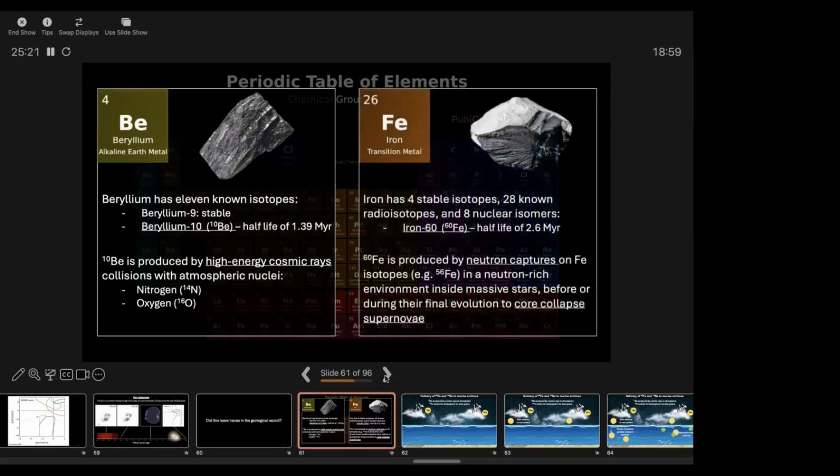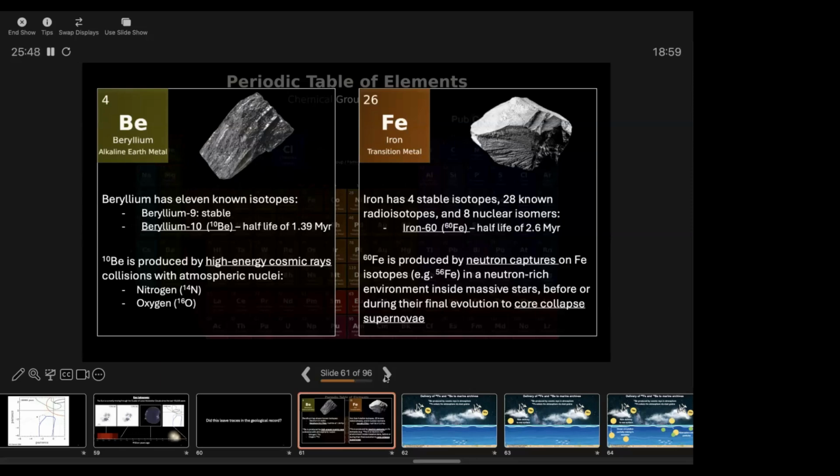And then another element is iron, and in particular, iron-60. So iron-60, why is it important for us? Because it is heavily produced in supernova explosions. So iron-60 again has a half-life of 2.6 million years. So all the iron-60 that you see on Earth